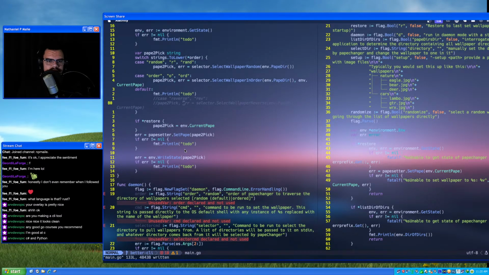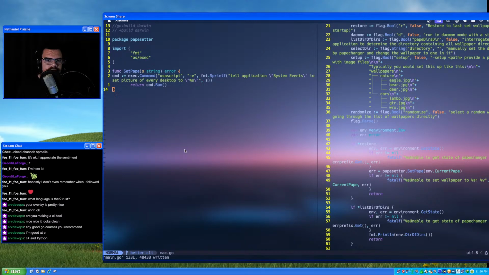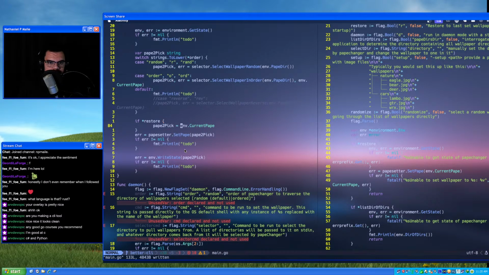So what we'll do is we'll go into this set pape, which is different for each operating system. This is just giving me the Darwin version of it. But I think what I need to do is make a new one for custom.